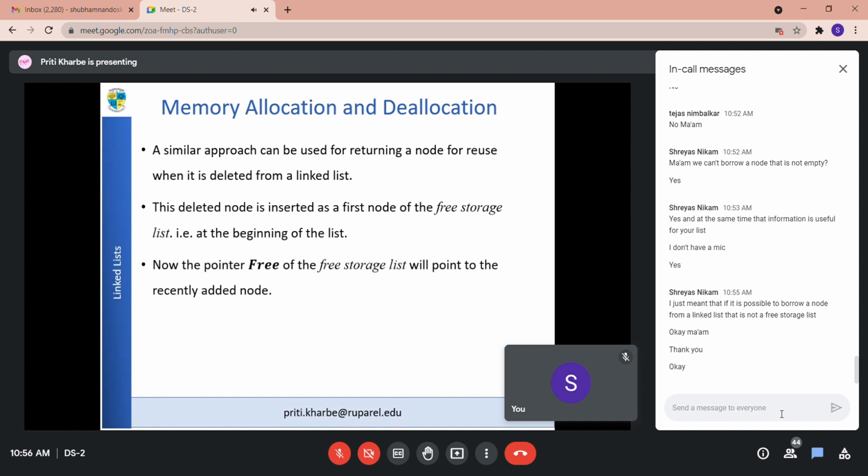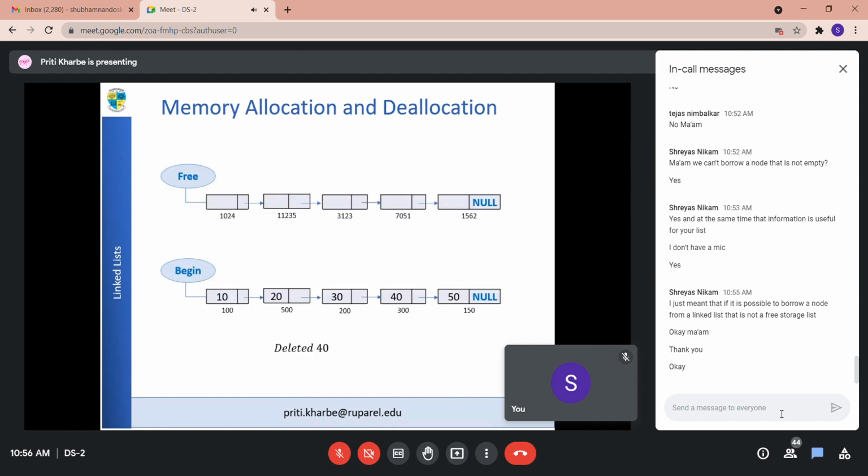All right. Suppose now in this particular list, I don't want this 40, that is the fourth node. It is not required anymore. Okay. So what should be done? Now 30's pointer field, next field, is pointing to 40, right? So what should I do, 30 का जो next part है, उसमें which address should I store now? I want to delete 40. So right now the node with element 30, that node's next part is having which value?